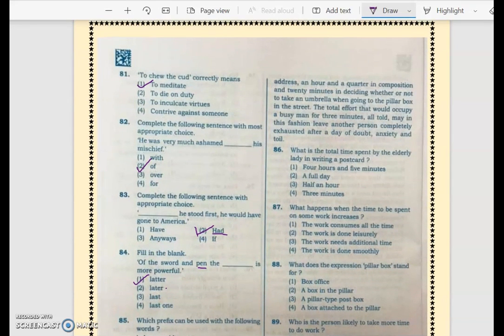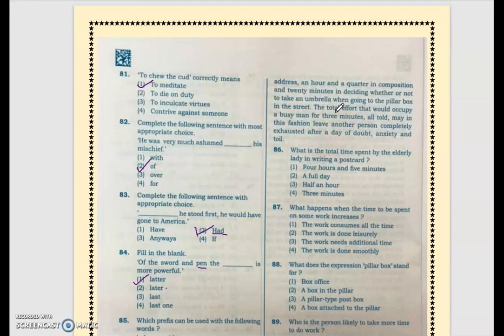In this passage we have questions here. The first one now, what is the total time spent by the elderly lady in writing a postcard? So when we started reading the passage, we saw how comfortably she started. She looked for the postcard, she thought about the address, and even after completing the postcard, she kept on thinking whether she should take an umbrella or not when going to the pillar box. So total time spent, for this I am selecting option number 2, which is the right answer here, a full